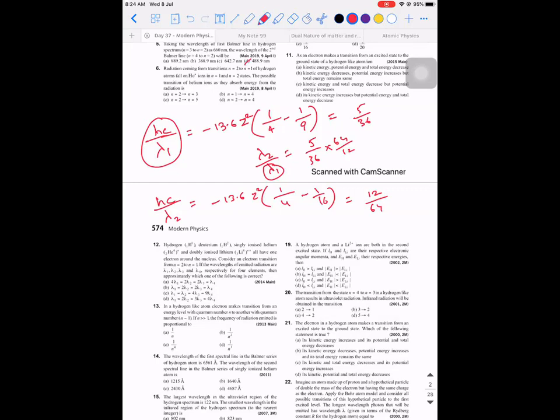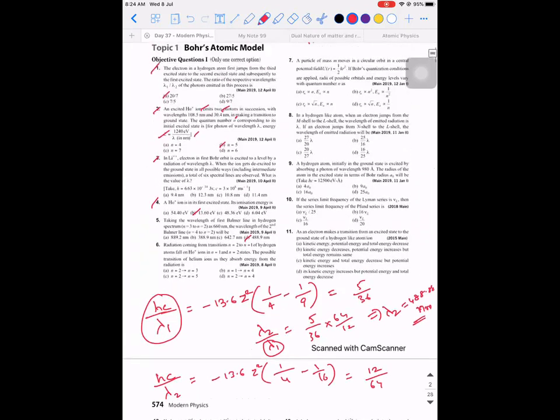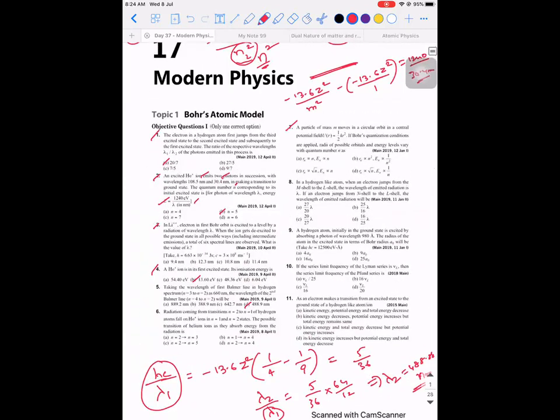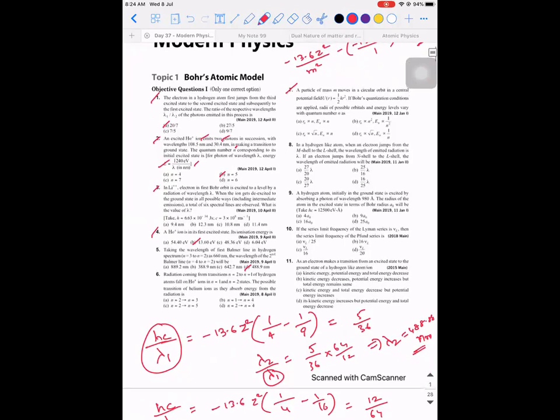Got it. So do the next one. 7. A particle of mass m is moving in a circular orbit in a central potential field, U(r) is equal to half kr square. If Bohr quantization conditions are applied, the radius of the possible orbits and energy levels vary with quantum number n as